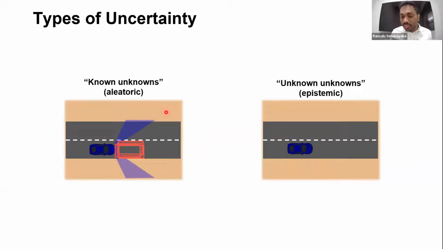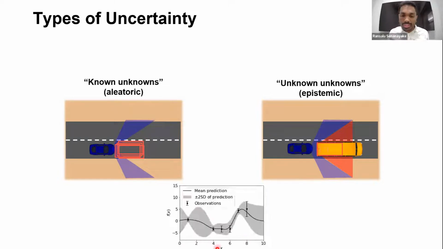Whereas epistemic uncertainty is totally different. It's about the uncertainty about things that we do not know. For instance, whatever is in front of this red car is totally occluded and we really do not know what is in front. It could even be a truck. So areas where we do not have data, where we cannot see, is basically the epistemic uncertainty. If we show it in a plot, these little error bars around data are the aleatoric uncertainty. In areas where we do not have data, this uncertainty is the epistemic uncertainty.